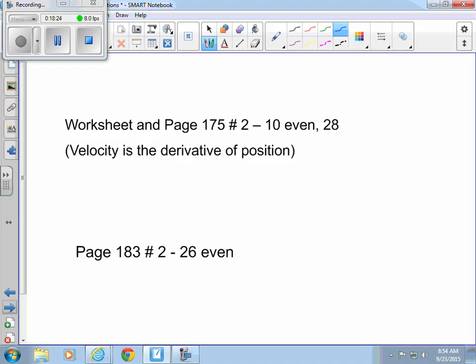One piece of information you will need for the homework is that velocity is the derivative of the position function. So you'll need that piece of information. Velocity is the derivative of